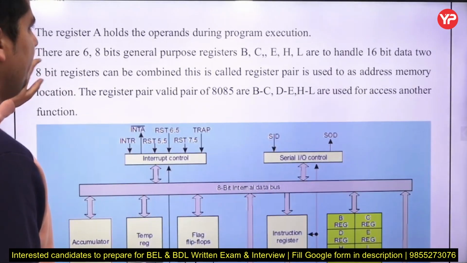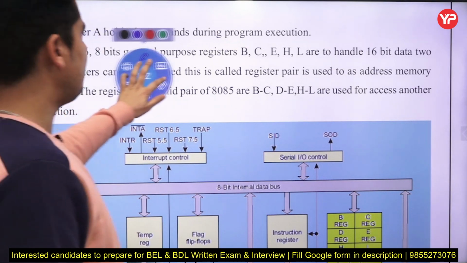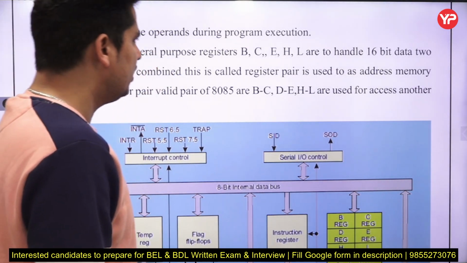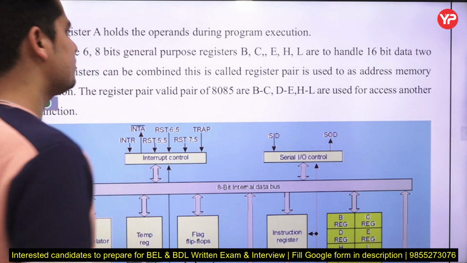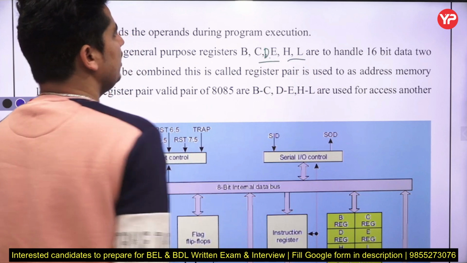So I already told you register A holds the operand during the program execution, and there are 6 general purpose registers: B, C, D, E, H and L. D is missing here, remember that: D, E. D is also here, D and HL. These are the 6